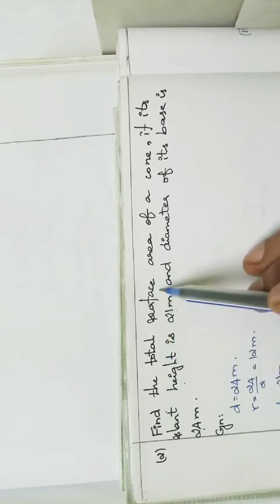So we have the radius and slant height L. What they ask you to find is the total surface area of a cone, TSA of cone. What is the formula? Pi R into L plus R. So we know the radius and we know the slant height. Substitute and simplify, we'll get the solution. And sum number 3,